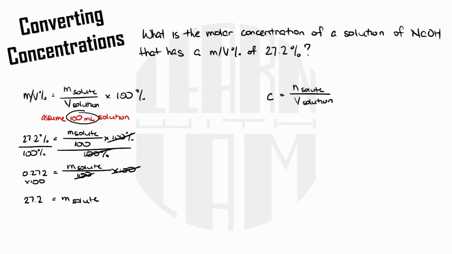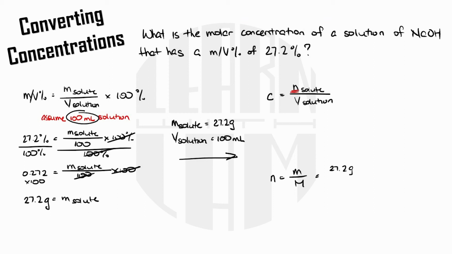And because we know the unit for mass is grams in mass volume percent calculations, I know that this is actually 27.2 grams. So alright, I've got mass of solute and volume of solution from mass volume percent. Let's bring it over to molar concentration and see what we can do with it. Now, I've got mass of solute, but as I mentioned before, what I really need is moles of solute. So I'll solve for moles by dividing mass by molar mass. I've got 27.2 grams as my mass, and because our solute is sodium hydroxide, the molar mass is 40.00 grams per mole, and that gives me